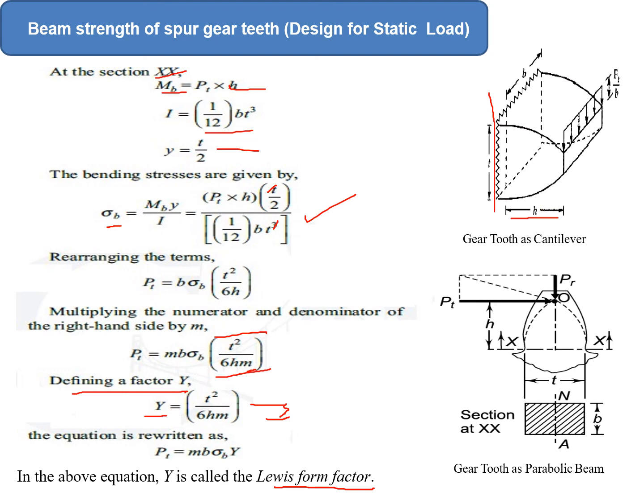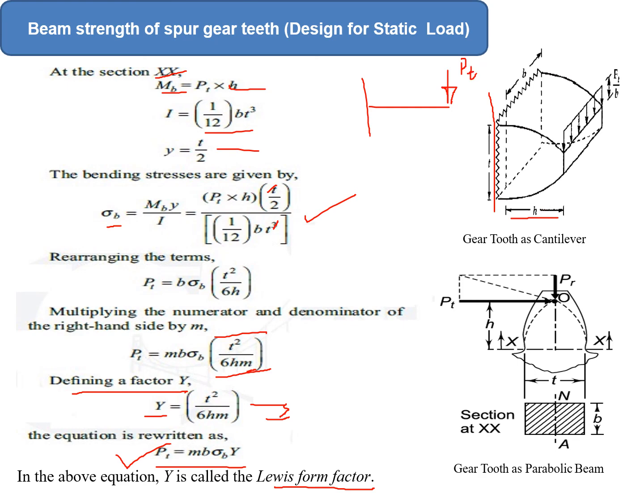Now this is the formula of Pt, that is tangential load. But now we are talking about beam strength. Now what is beam strength? Beam strength is simply the strength of the beam, which means the strength of the tooth. Beam strength of the spur gear tooth is defined as the maximum tangential load the tooth can sustain without failure. Means what? If suppose this is the tangential load,